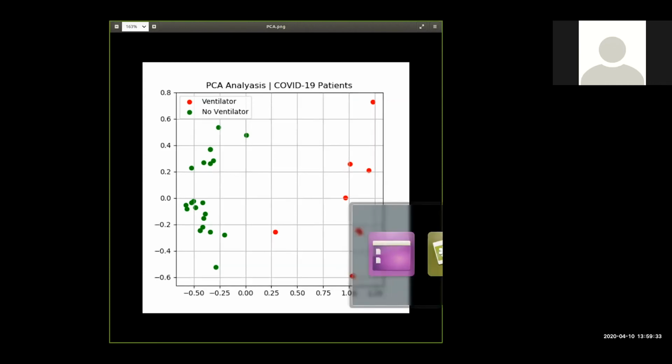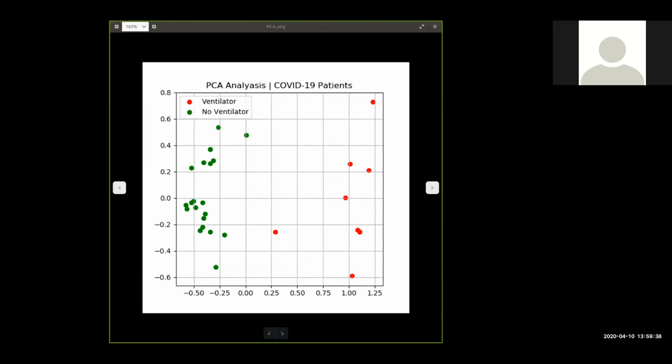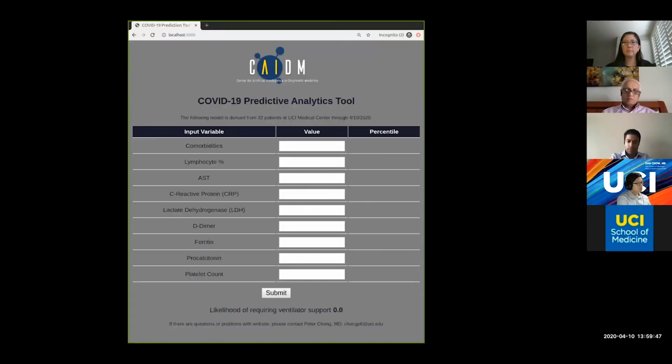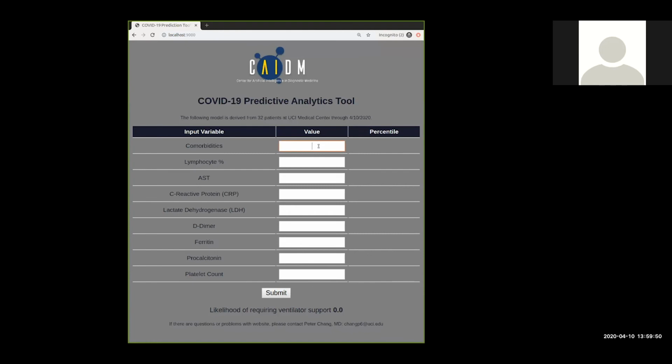Now, in terms of the second aim, let me see if I can do a really quick screen share switch. All right. So we do want to create a web-based tool. This is something I put together in just the past few days. Pretty straightforward, taking some of that predictive modeling and making it available. At baseline, I will say the risk of ventilator in our first output here is already 10%, indicating that the baseline patient here, a patient that's sick enough to warrant labs and is in the hospital, has some baseline risk